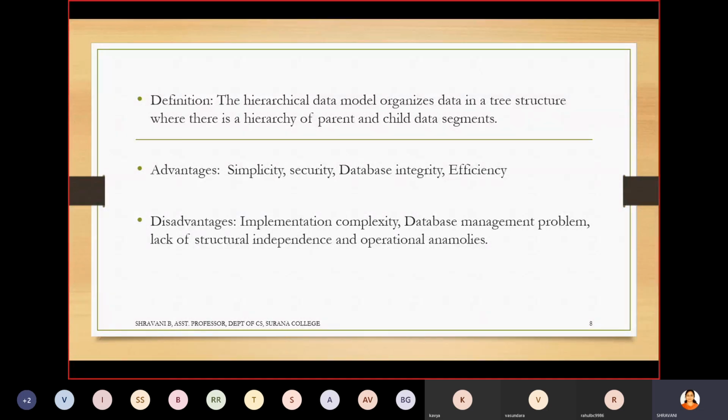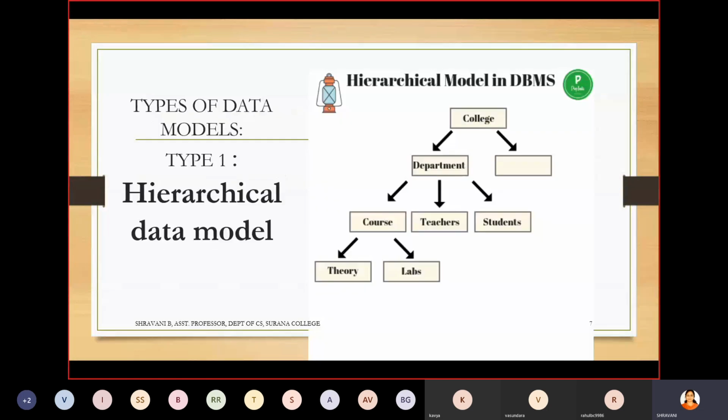And the next one is the operational anomalies. Addition, deletion: once the model is done, deleting the theory will become very difficult, right? It may show an error. Why? Because you have the course, and previously in your database you have theory and labs. If I directly want to delete theory, it will disturb the complete restructure of this hierarchical model, right?